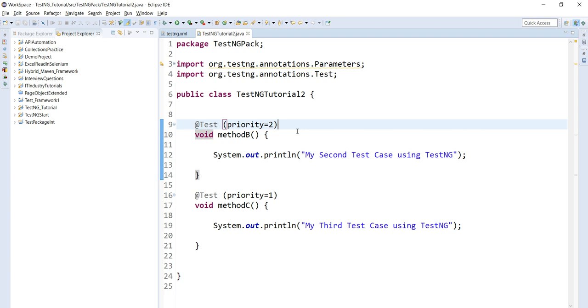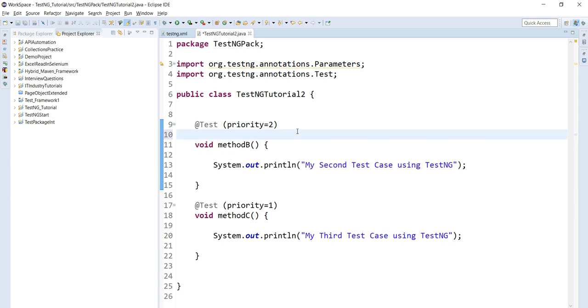For that I have to provide here @Parameters. Under this we will provide the names of the parameters. So what are the names of the parameters here?